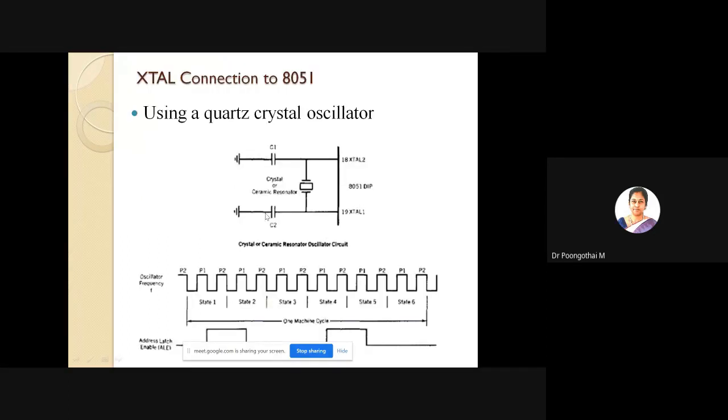So this is the circuit. Actually, this is the main heart of your 8051 architecture, which generates clock pulses by which all the internal operations are synchronized. Pins 18 and 19, XTAL1 and 2, are provided for connecting a resonant network to form an oscillator. Here a crystal oscillator is connected. The crystal frequency is the basic internal clock frequency of your microcontroller. The minimum frequency is 1 megahertz and the maximum frequency is 16 megahertz.